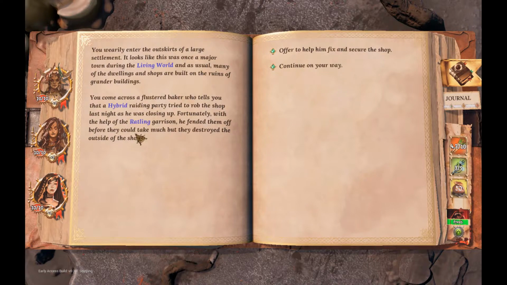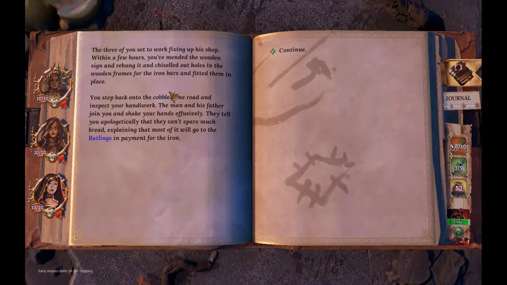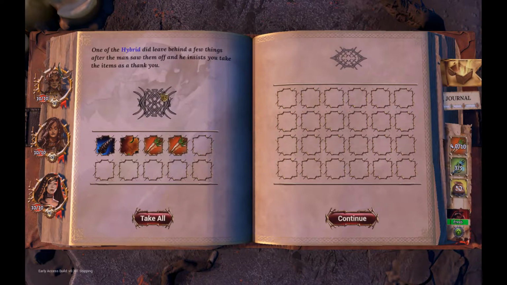He fended them off before they could take much, but they destroyed the outside of the shop. So we can help him, I think we should get some food as a reward. The three of you set to work fixing up his shop. Within a few hours, you have mended the wooden sign and rehung it, and chiseled out holes in the wooden frames for the iron bars and fitted them in place. You step back onto the cobblestone road and inspect your handiwork. The man and his father join you and shake your hands effusively. They tell you apologetically that they can't spare much bread, explaining that most of it will go to the Ratlings in payment for the iron. But, well, we still get...